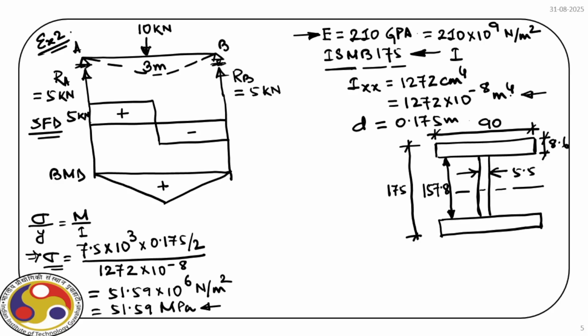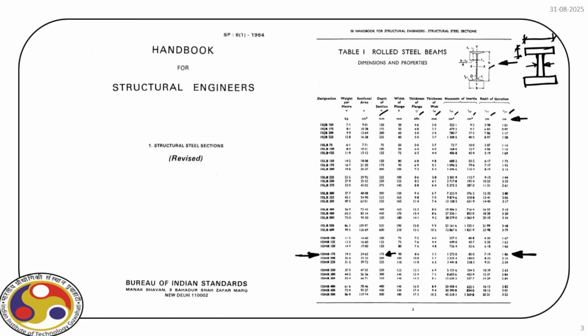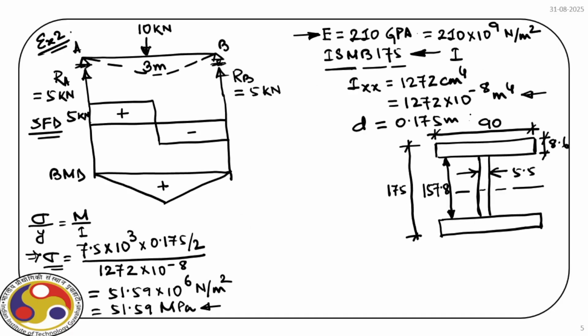Now here I just want to mention one thing. If you go back to the table, normally these I sections come with this curvature. You can see here we have a curvature here and also a curvature there, where the flange joins with the web. But in our case, we will not consider these curvatures for the time being, and we will consider them to be straight, as you can see in this cross section. Okay. So for flange,